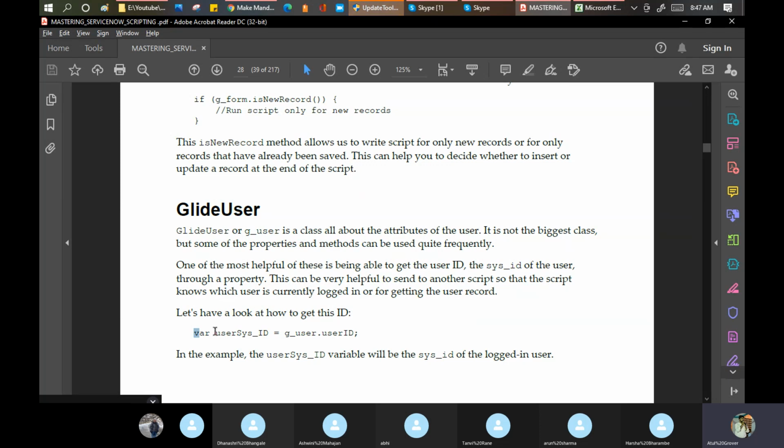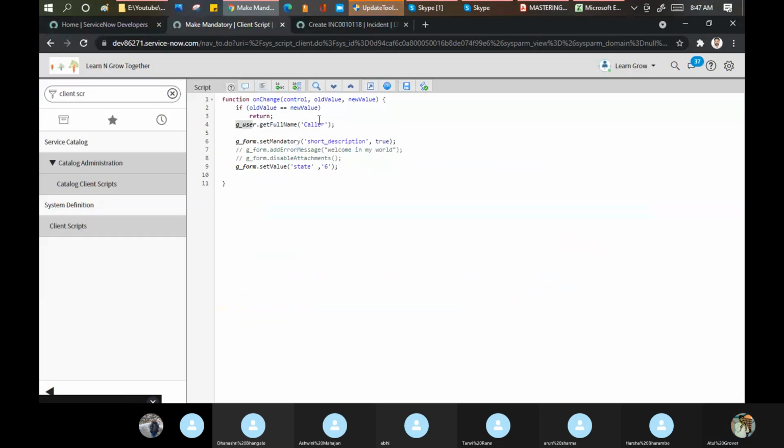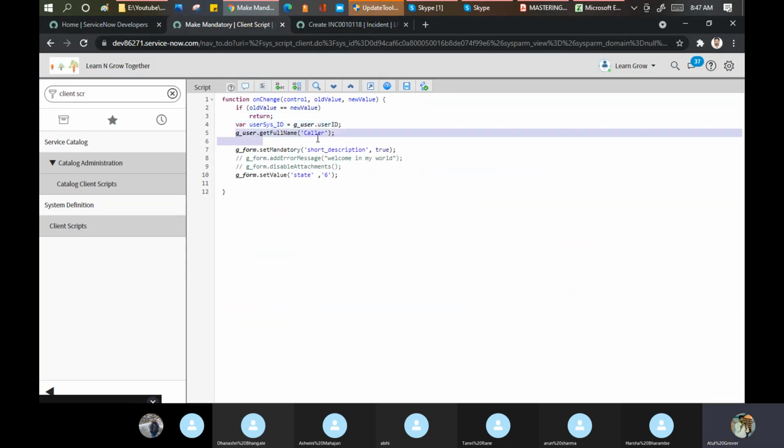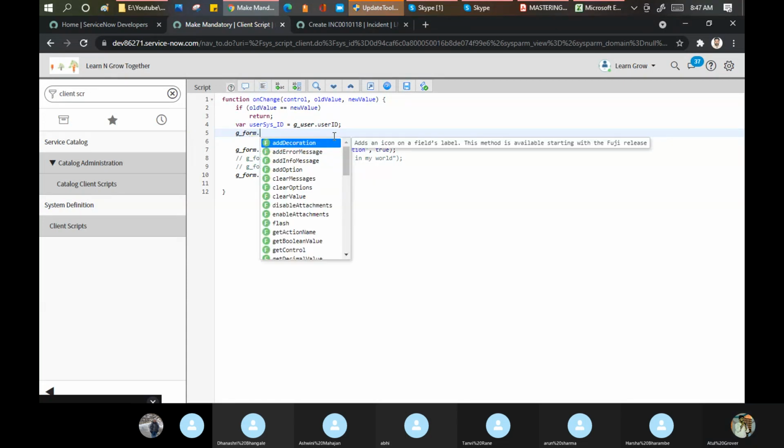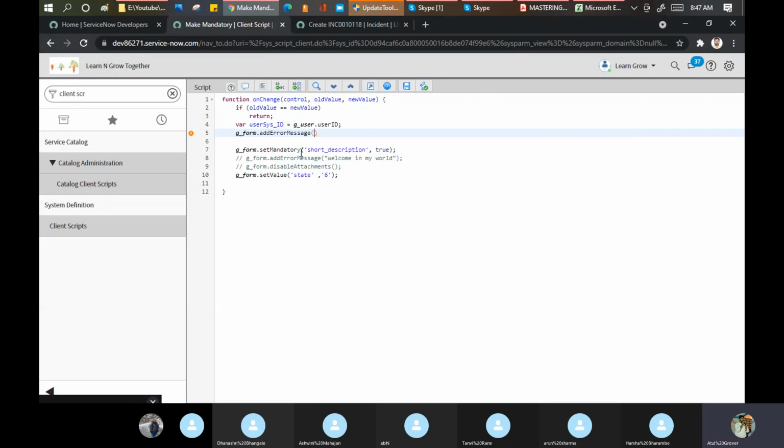I pick up this code, put it here, and let's put the alert, g_form error message, and put that variable name.